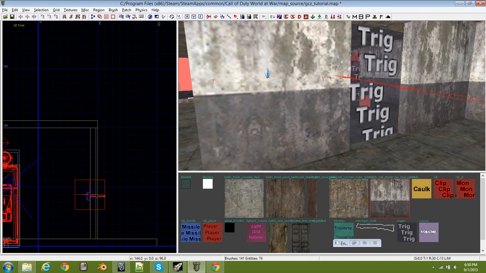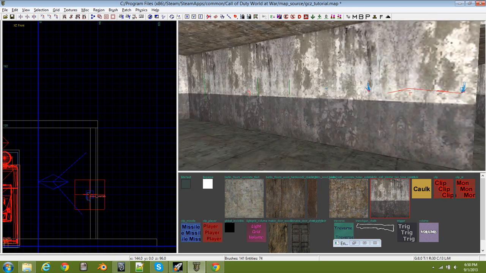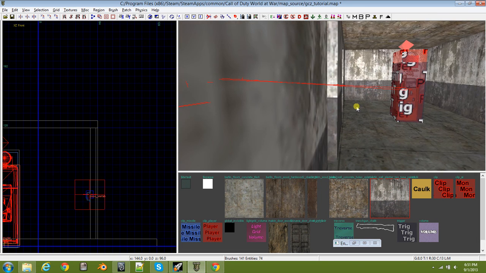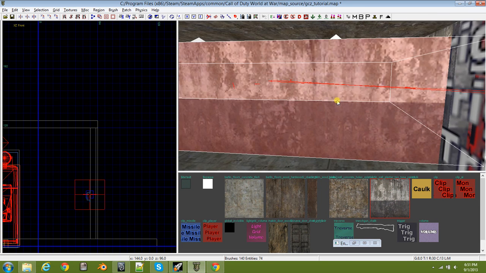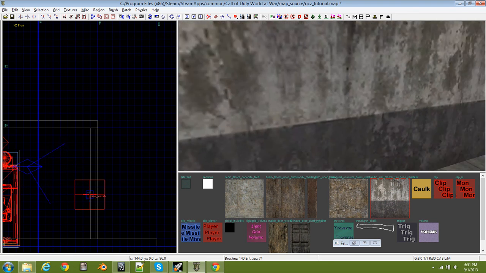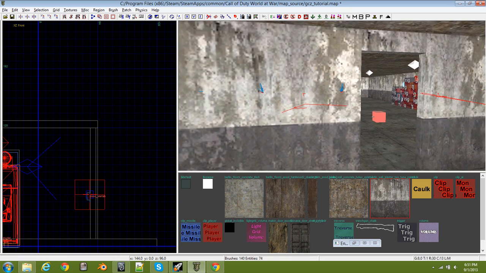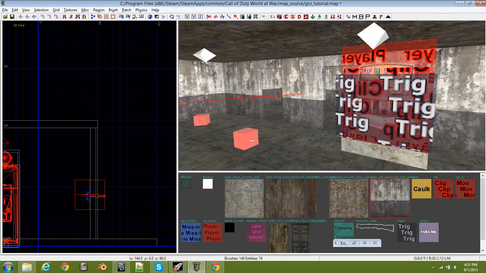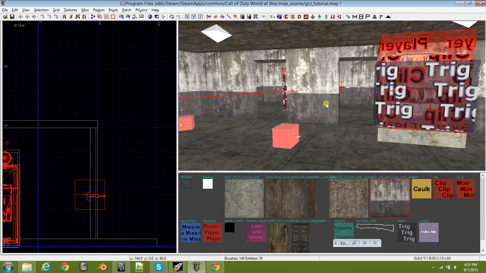Alright, let's hide the entity window, and well, the next tutorial I make will be of how to make a door and how to make zombie spawns. Maybe zombie spawns, I'm not quite sure about that. Alright, well,